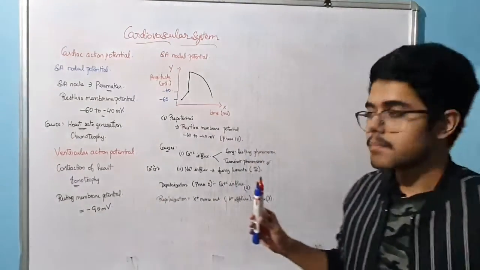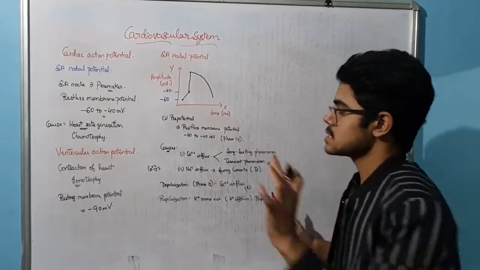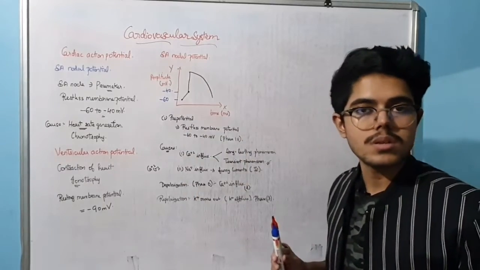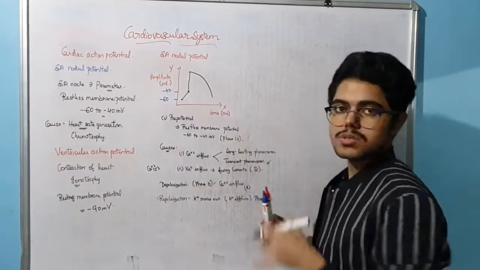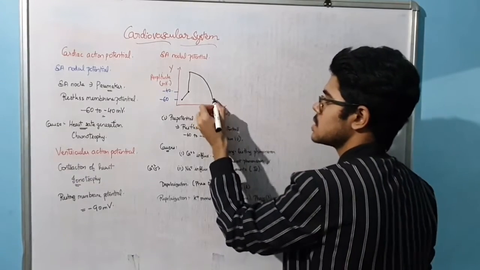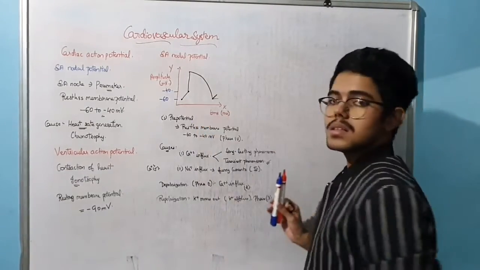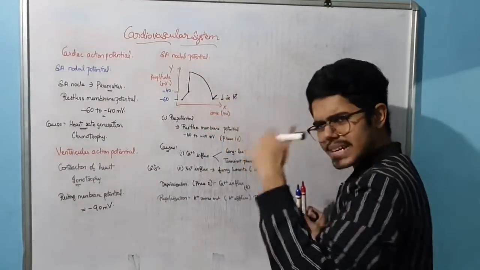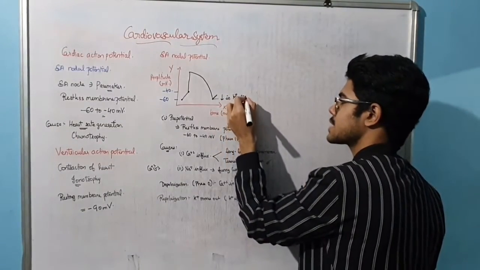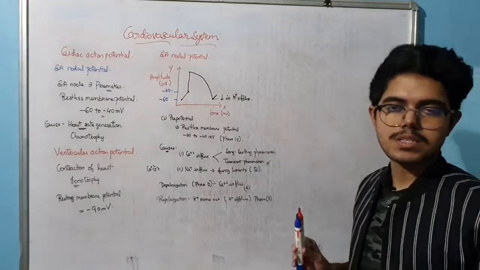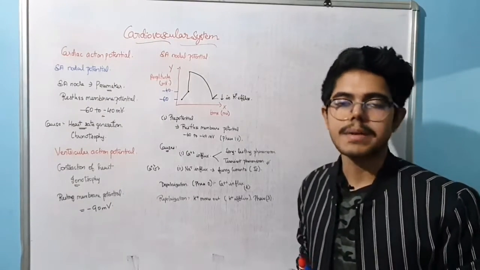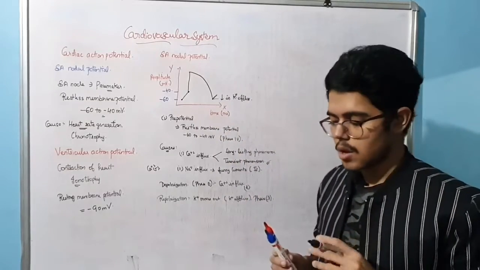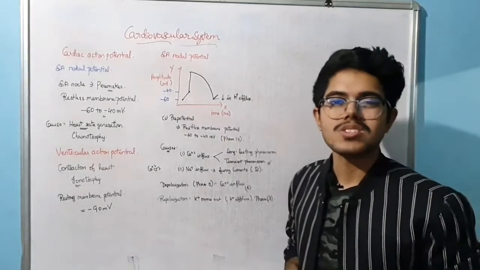Now this is clear. These are the factors to represent this diagram. We have different phases. We have learned prepotential, depolarization, repolarization. Now, to start a new cycle, there will be a decrease in the potassium efflux, more decrease in the potassium efflux. So we have learned prepotential, its causes, depolarization, repolarization, and again decrease in the potassium efflux. Okay, so this is about the SA nodal potential.